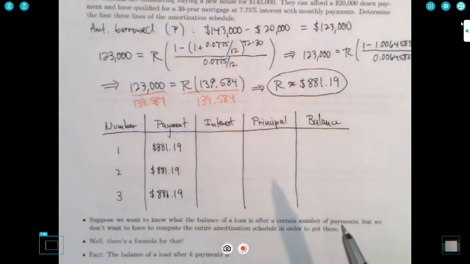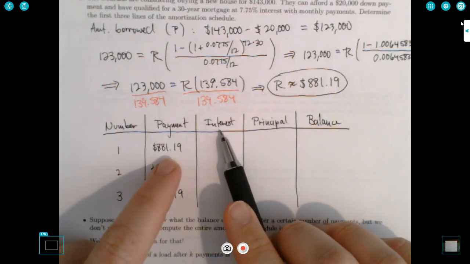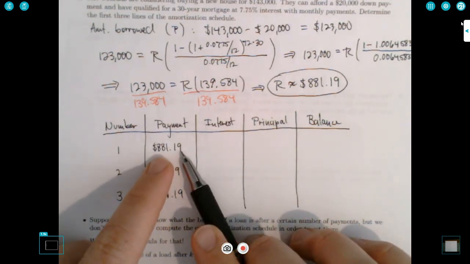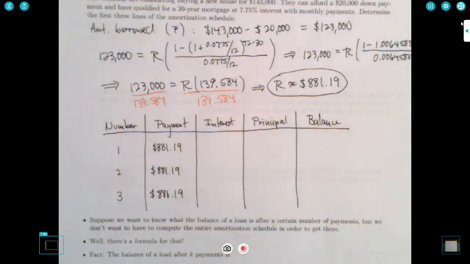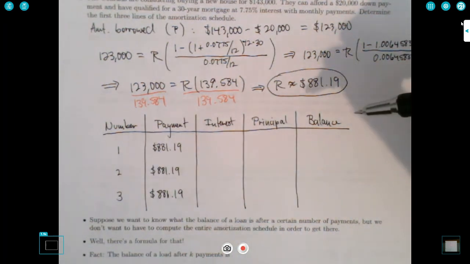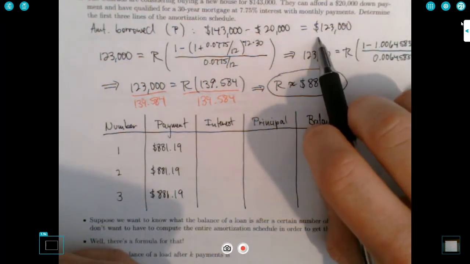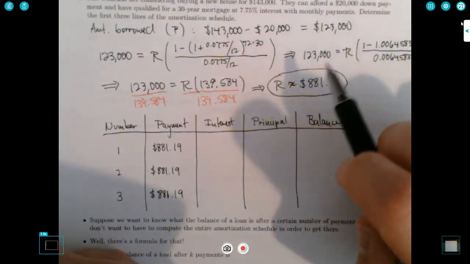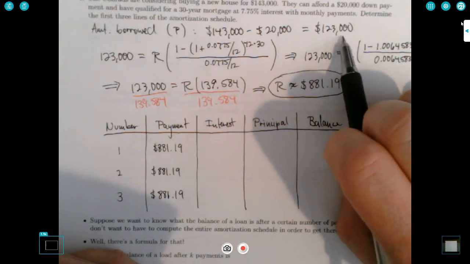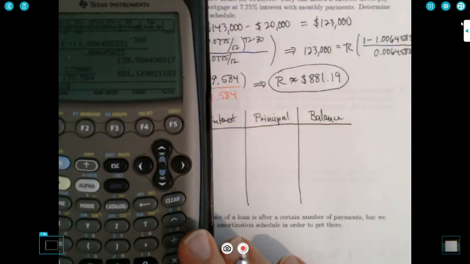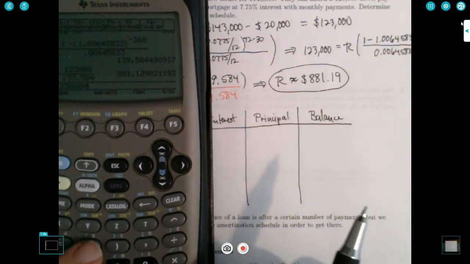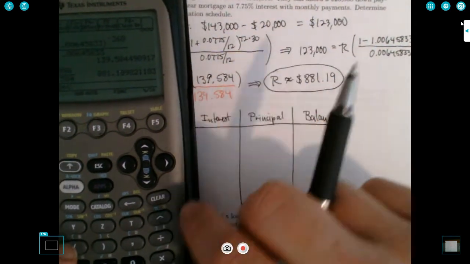Now, how much interest do they pay on that first month, right? So it's going to be the balance from the previous month, which in this case, since this is our first payment, the balance is $123,000. So it's going to be $123,000 times